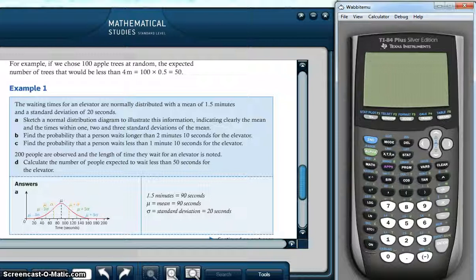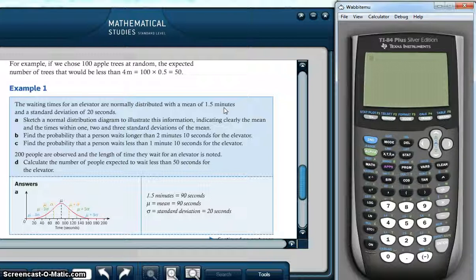Mathematical Studies, and it says that the waiting times for an elevator are normally distributed with a mean of 1.5 minutes, standard deviation of 20 seconds. So what I think I'm going to do is turn this 1.5 minutes into seconds, so a mean of 90 seconds. Sketch the normal distribution diagram to illustrate this information, indicating the mean, the times within 1, 2, and 3